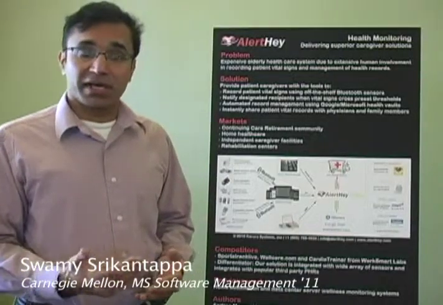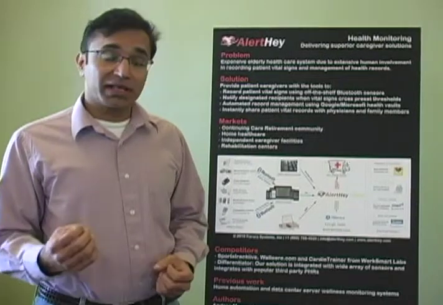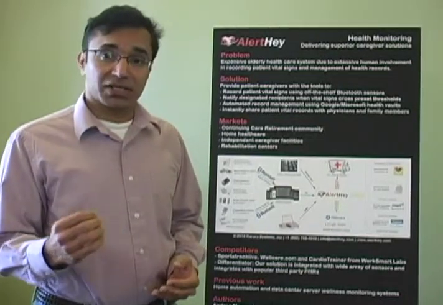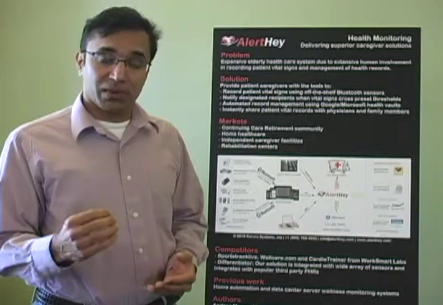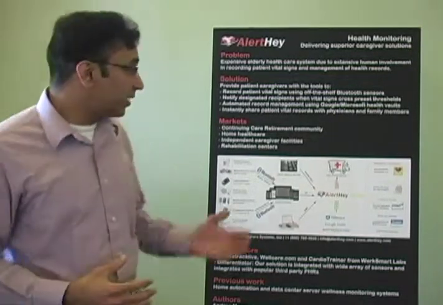Let me tell you about the big problem that we identified. There is a premature death in older adults. Why is this? So we identified three reasons. First is the elderly healthcare system by itself is pretty expensive. Second, human-induced errors could also lead to premature death. And the final reason is home healthcare is laborious, causing a toll on the caregiver, including physical toll as well as an emotional toll.